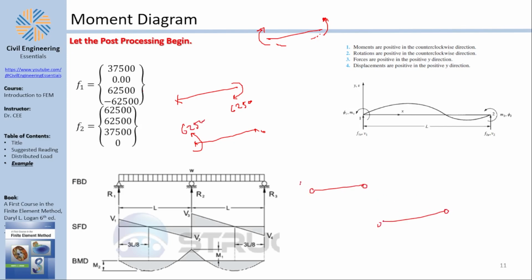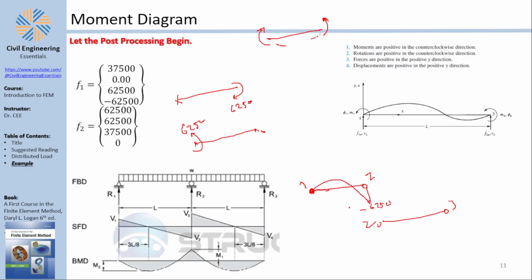This is element number 1 between node number 1 and 2, and this is element number 2 between node number 2 and 3. For element number 1, the left side moment is going to be 0, so there is no moment diagram here. That's perfectly fine because it's the first roller support or pin. And for the right side, you have a moment of negative 62500, so you have a clockwise moment, but it's counterclockwise positive, which means that the moment diagram value here is negative